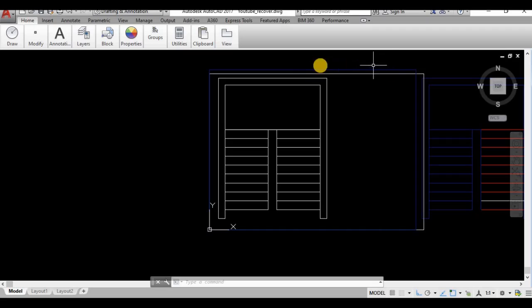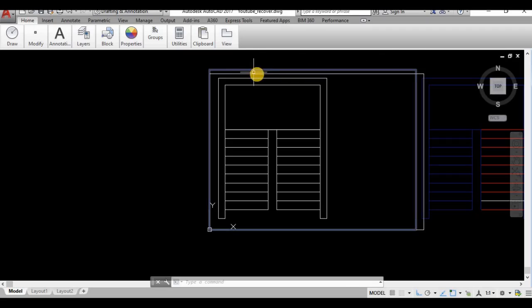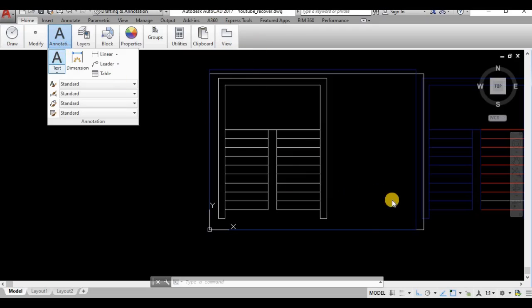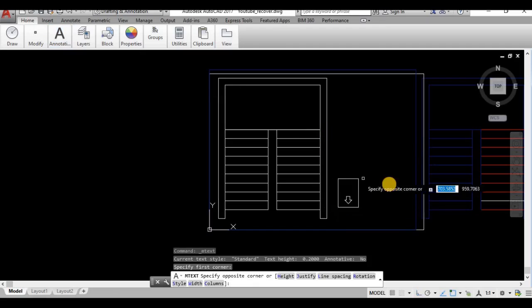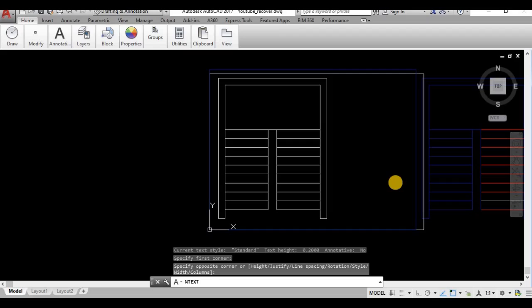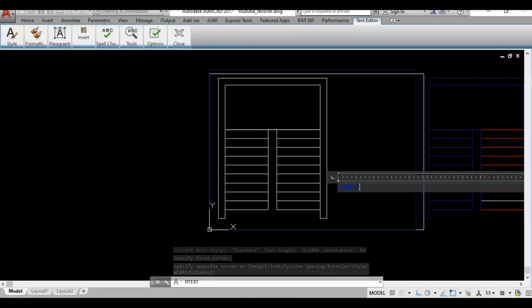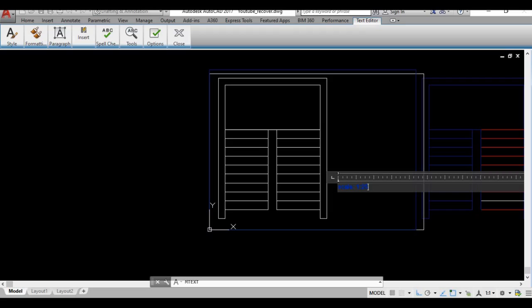So what is the scale of this rectangle? It is 1 is to 25. I shall type this. Scale, it is 1 is to 25.